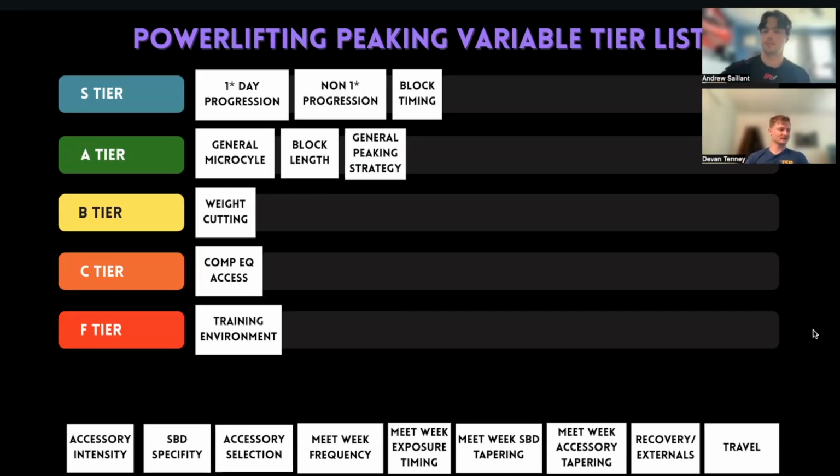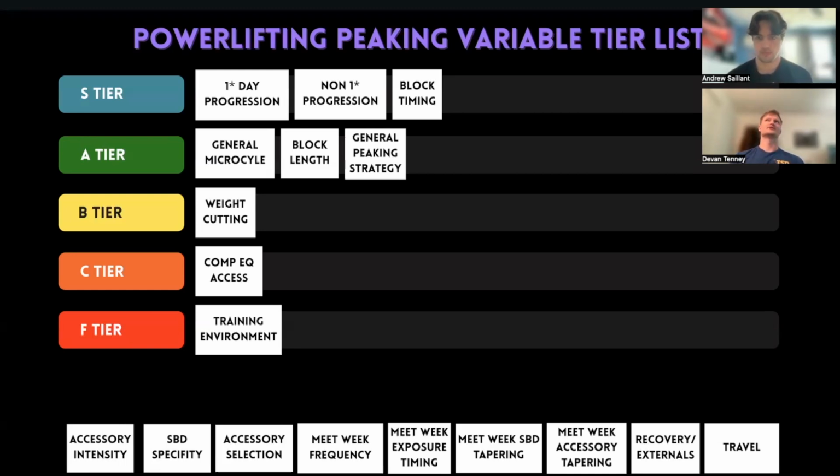Accessory intensity. That is going to be pretty simple. Like how hard are we pushing accessories? I think the biggest thing here is having specific accessories be pushed versus non-specific accessories. For some people, it can be really important. Say someone needs like a belt squat or a leg press pushed really hard to have squats show up very strong, and then all of a sudden you skip that during meet week. That's going to strip a lot of predictability and probably impact the peak going into the meet pretty substantially. Whereas you probably don't need to be pushing bicep curls to failure the week of the meet. So it depends what accessories we're talking about.